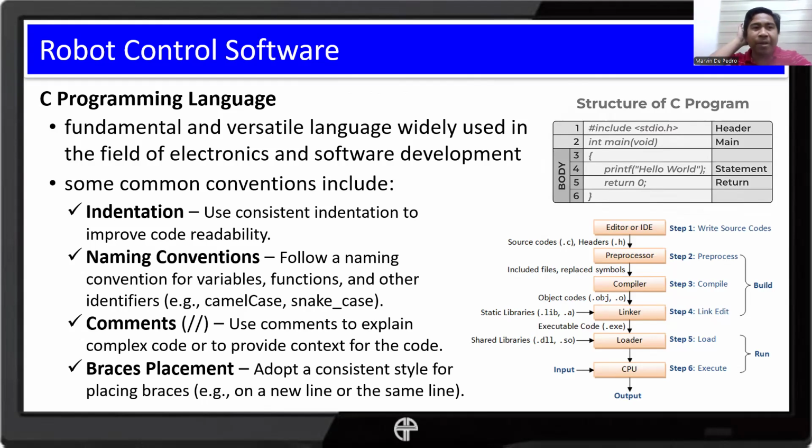Now, as you can see, the C programming language is said to be a fundamental and versatile language widely used in the field of electronics and software development. And some common conventions include indentation, naming conventions, comments, and braces placement.